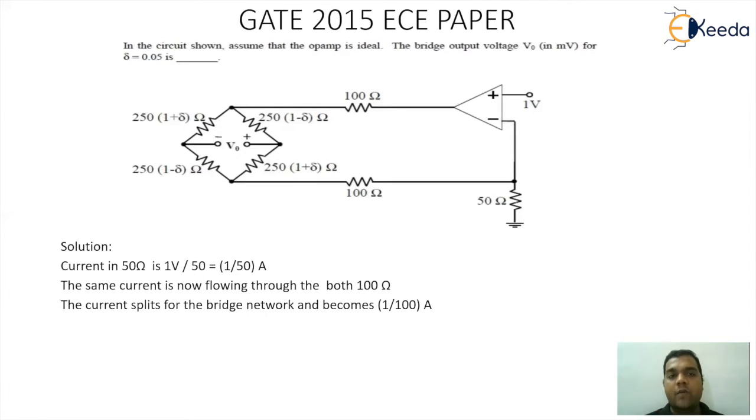So when the current comes from the top node and moves towards the bottom node, it will develop a polarity of plus minus and plus minus. That's a thumb rule for giving polarity for a resistor. Current always enters plus and leaves minus.